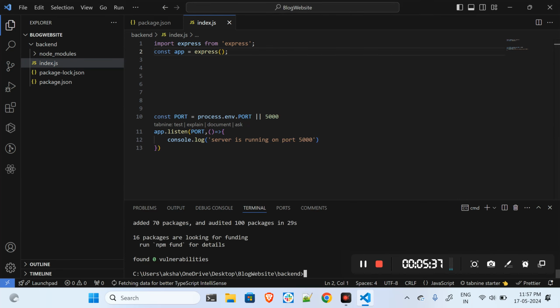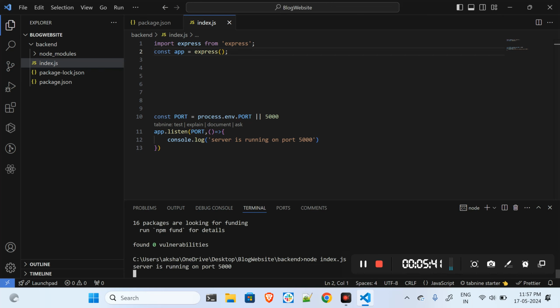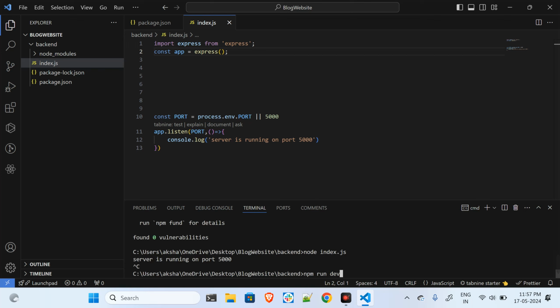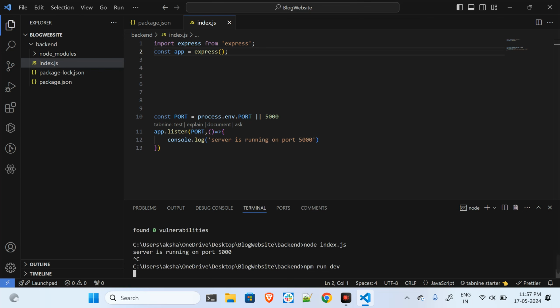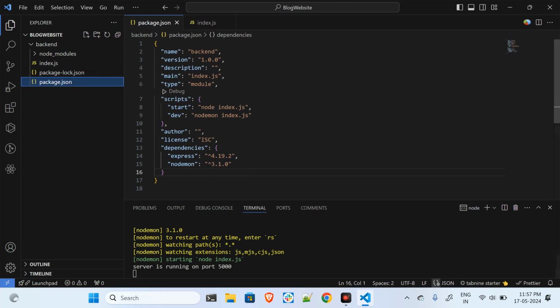Okay, so now it has been installed. I can run the code like this also, like node index.js, directly giving the name of the file. Now it is saying the server is running on the port 5000, or I can run this command also, npm run dev. So now when I'm running this npm run dev, what is actually happening over here, it will trigger